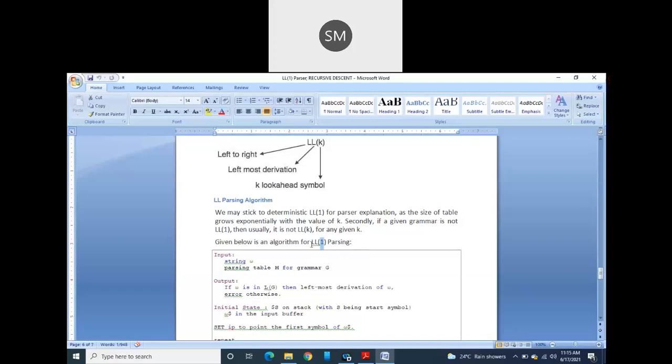Because you are going to do leftmost derivation and you are scanning the input from left to right, while scanning left to right, how many characters should you look ahead? Look ahead means you keep looking into the next input characters. How many characters are required at maximum? It is 1 here, and it is not always the case. It may be 2 also sometimes. So this is about LL and LR, backtracking, non-backtracking, predictive parsing, top-down, recursive descent, all these things.